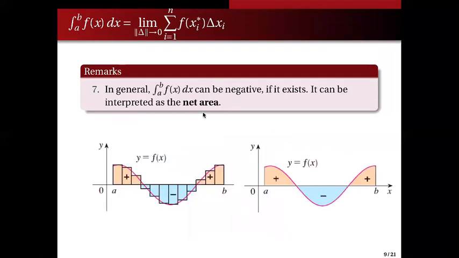In general, since your function can be negative, can be discontinuous, your definite integral, if it exists, can be interpreted as the net area. Furthermore, the integral itself can be negative. So for example, your function here, there are negative values for f, there are positive values for f. You still do the same